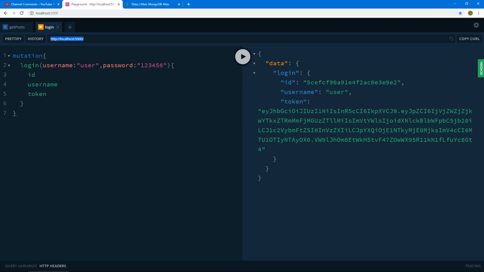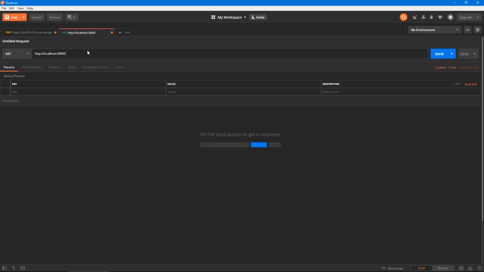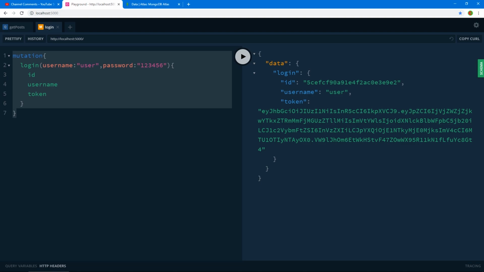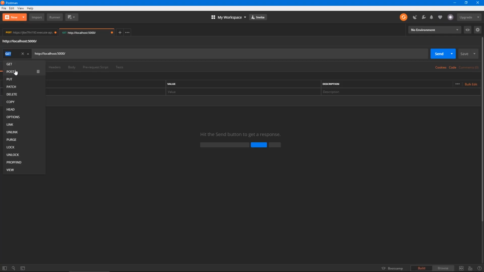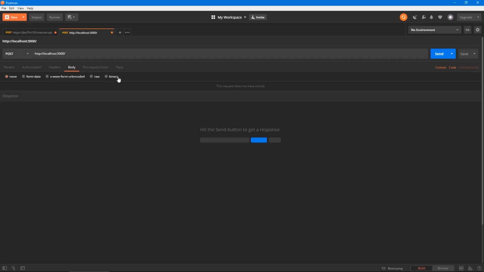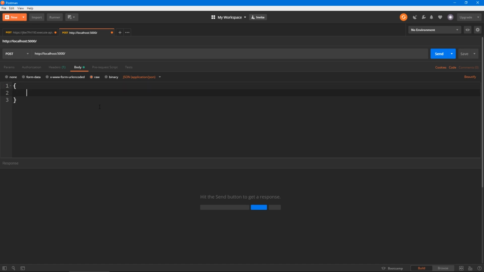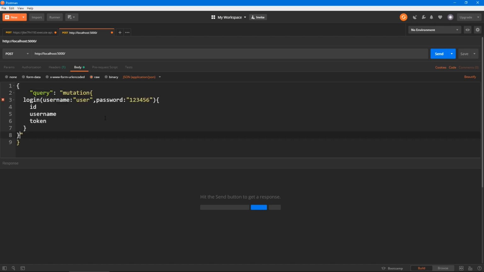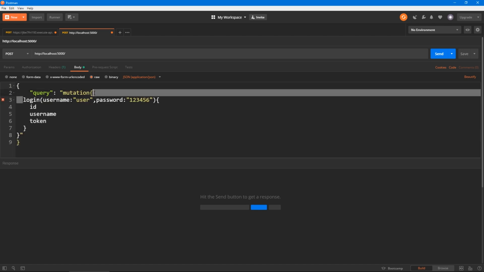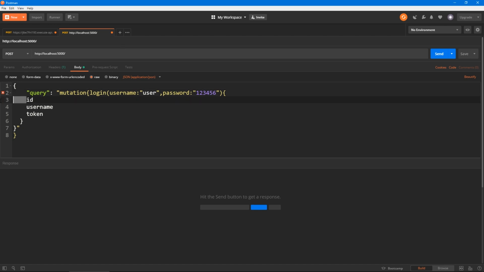So I'll copy this localhost 5000, paste that here, and I'll copy this body. And let me make sure to change the request to a post request, and the body to raw application JSON. And here I will have a body, an object, and you will have a key query. And by the way, this needs to always be query, even if it's a mutation. This key has to be called query. And here we'll have a string, and inside of that we'll put our mutation. But this is not a multi-line string, so this needs to be on one line. Let's put this back on one line like this,